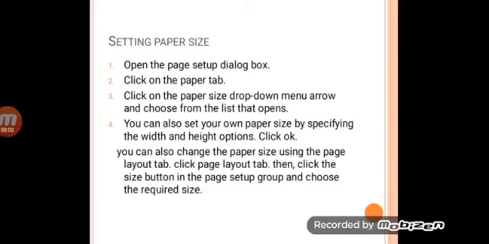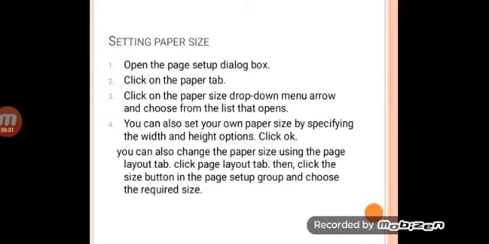Now I again repeat the steps to set a paper size. First, open the Page Setup dialog box. Click on the Paper tab. Click on the Paper Size drop-down menu arrow and choose from the list that opens.